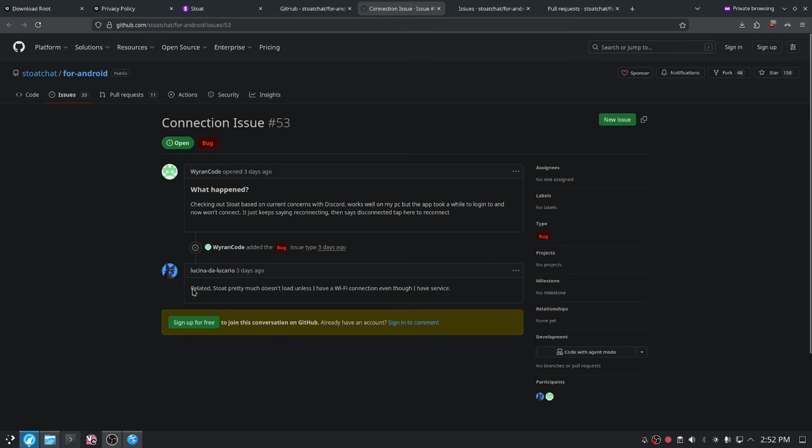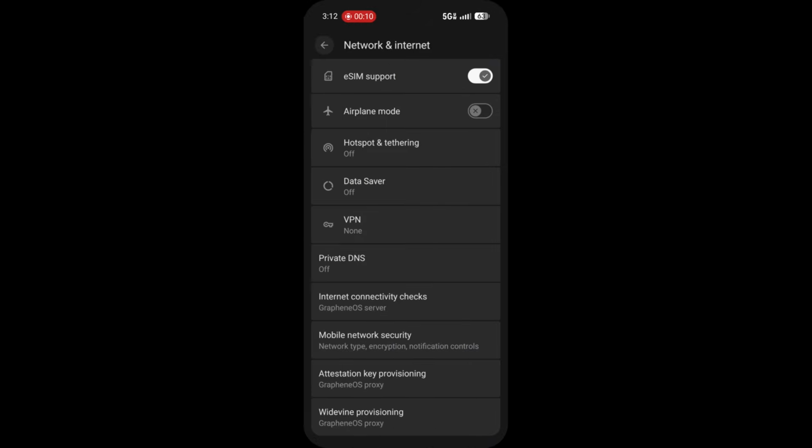If I go look at some of the issues, there's people reporting that some people can't even access Stoat without having a Wi-Fi connection, and I was able to reproduce this. What's happening here is some DNS providers, so some phone providers, if you're on like say Verizon in the US, you might not even be able to go to the Stoat website because for some reason they don't have a record of the site,